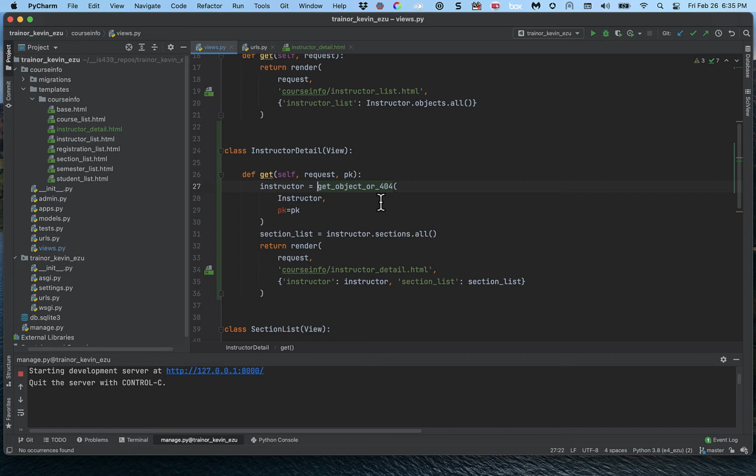Okay, if it's not found, what Django is going to do is it's going to forward to a page that says 404 not found. Okay, that's an error page. Okay, but in 99.99999% of the time, we expect to get the object back. Okay,